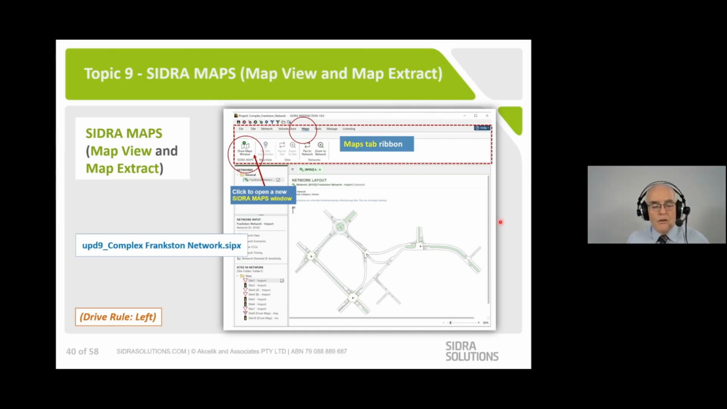So I'm now going to take you into SIDRA Maps. Now this is again another exciting and major addition to version 10. We've had Map Extract. You're probably familiar with that. We introduced that a while ago. In fact, I'll be honest, I was surprised how popular it was. Map Extract, if you haven't used it, allows you to get a site data input by selecting a site